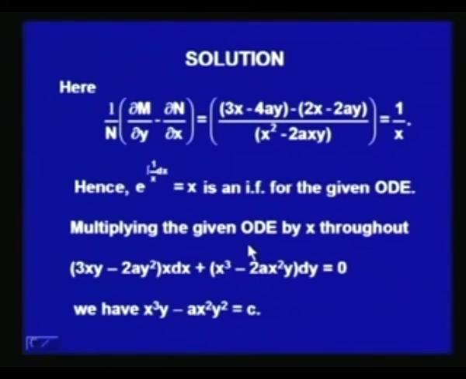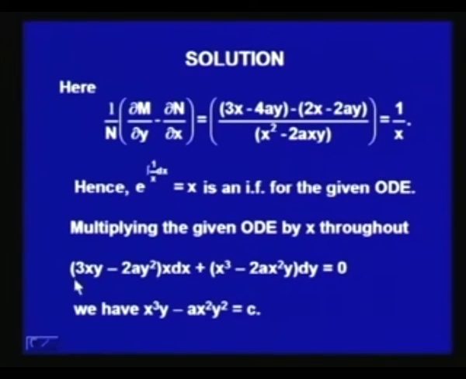Hence multiplying the given ordinary differential equation by x throughout, we shall have (3xy minus 2ay square) into x dx plus (x cube minus 2ax square y) into dy equal to 0. Now here m is equal to 3x square y minus 2axy square. So when we integrate it with respect to x, keeping y as a constant, we shall have x cube y